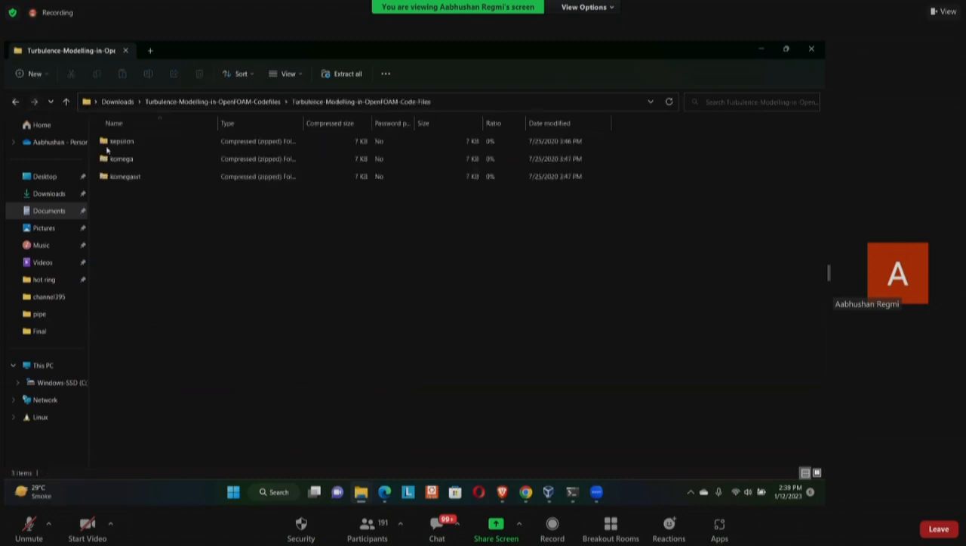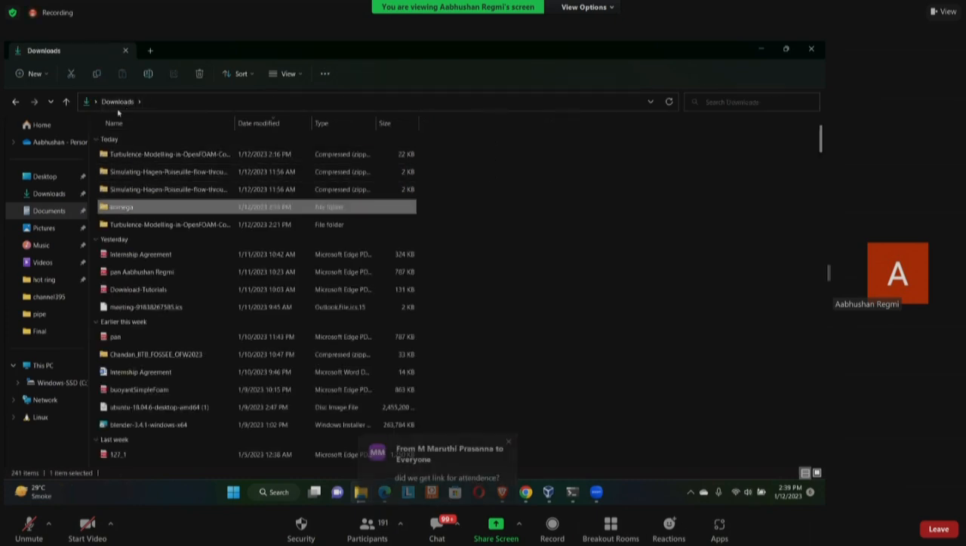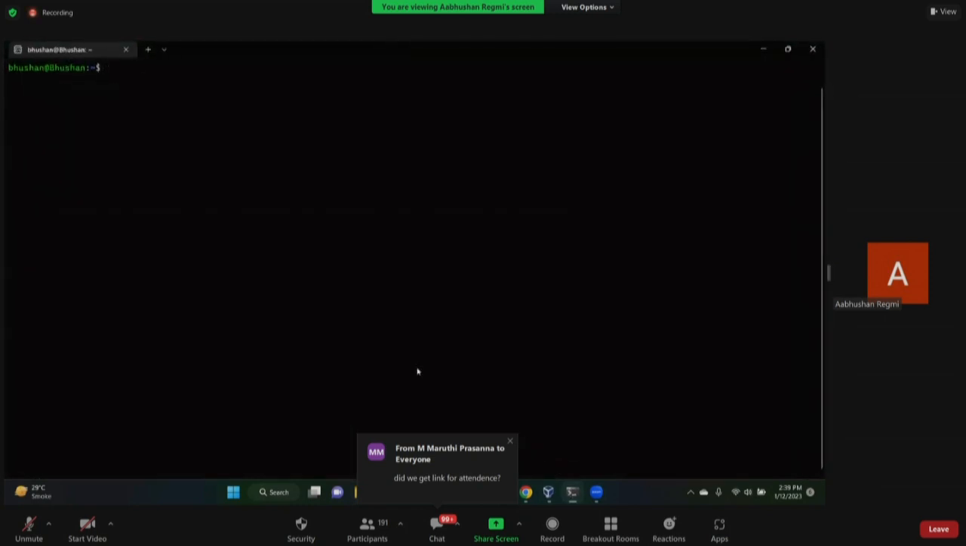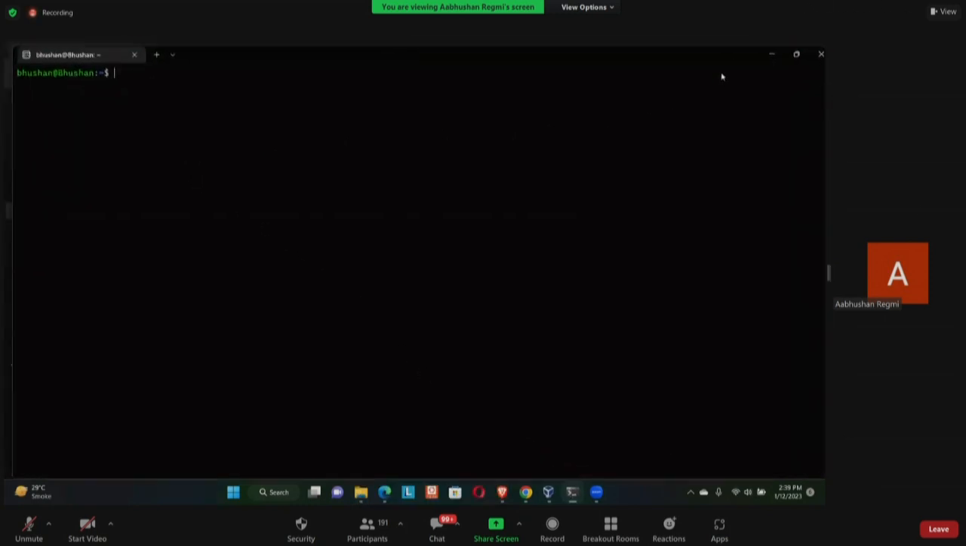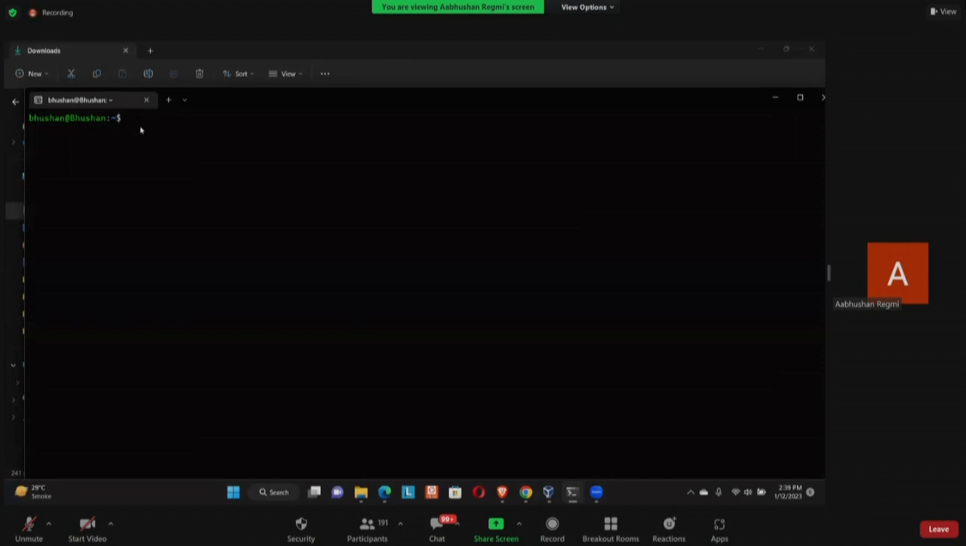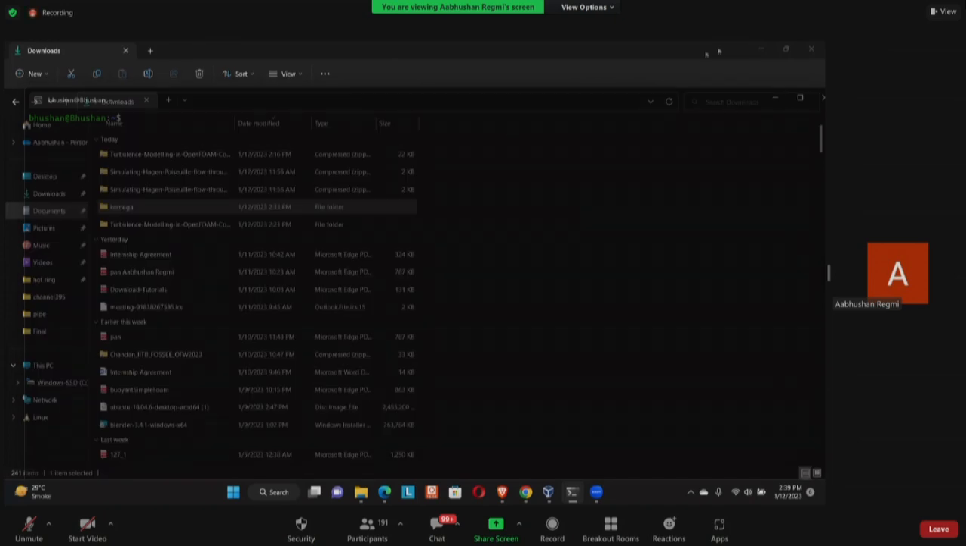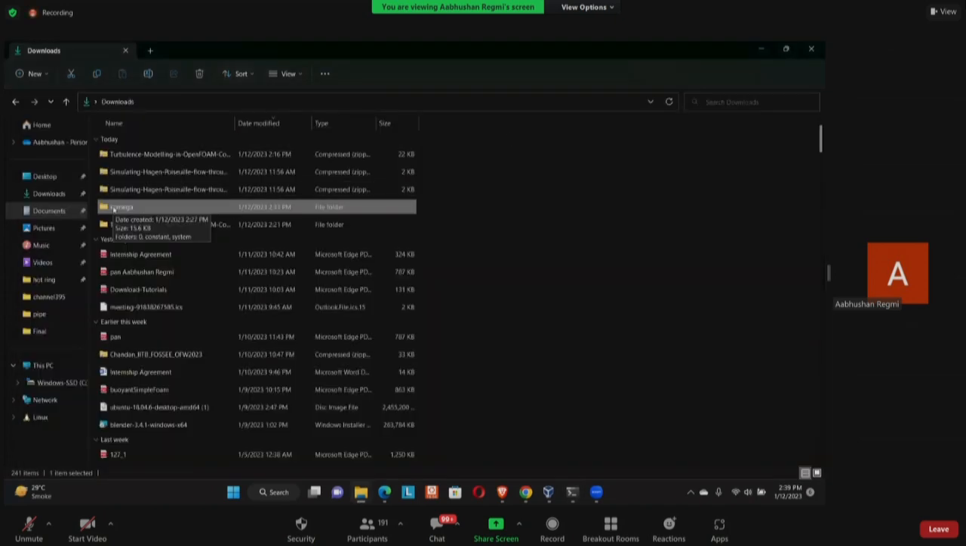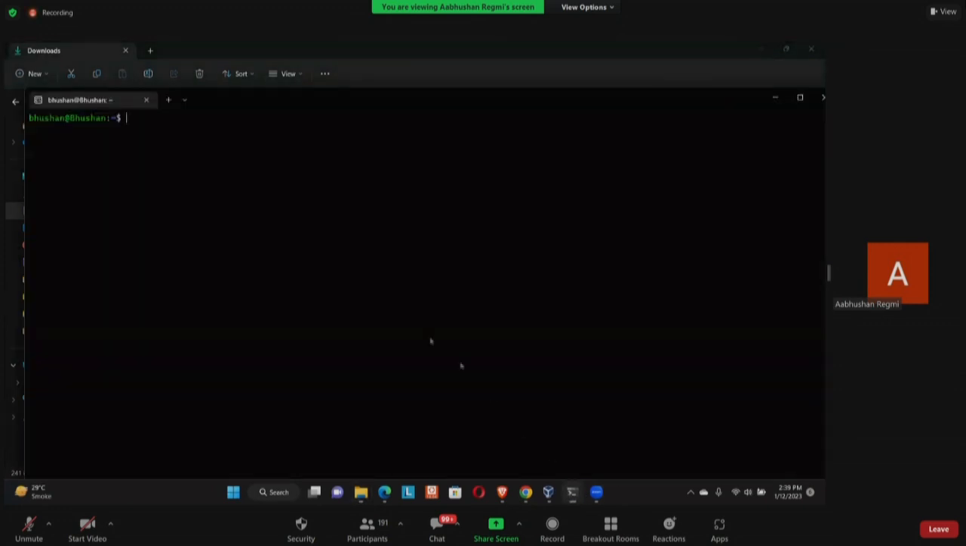So I have extracted this K omega, and now it is in my download folder. Okay, and this download folder is in my Windows. However, I am inside my WSL. Now, there is no download or any such thing in my WSL. So I have to physically go to this K omega directory if I want to simulate this. So for this, you have to use this command,